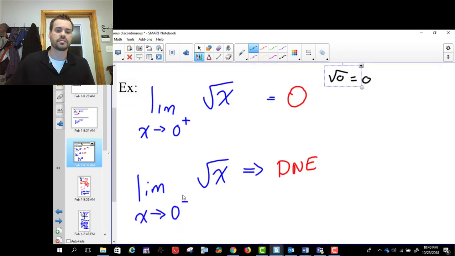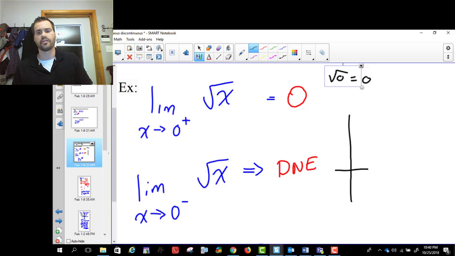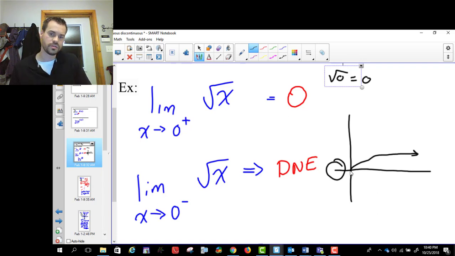But the limit as x approaches 0 from the negative direction does not exist. And you might be saying, well, why not? Well, if you think about the graph of root x, it actually starts at (0, 0) and goes up like this, right? But there's nothing over here. It's completely empty. So I can't approach from the negative direction because the function doesn't exist there. And the reason it doesn't exist there is because,